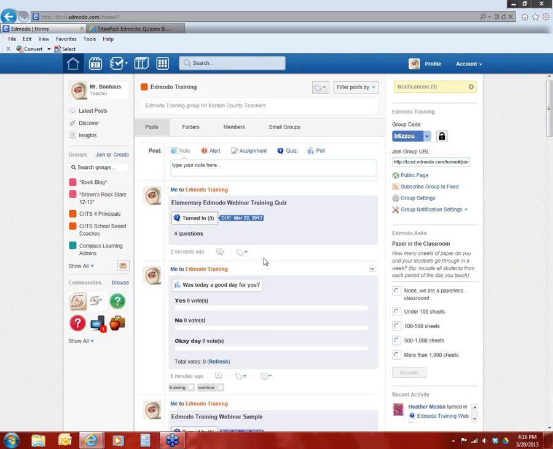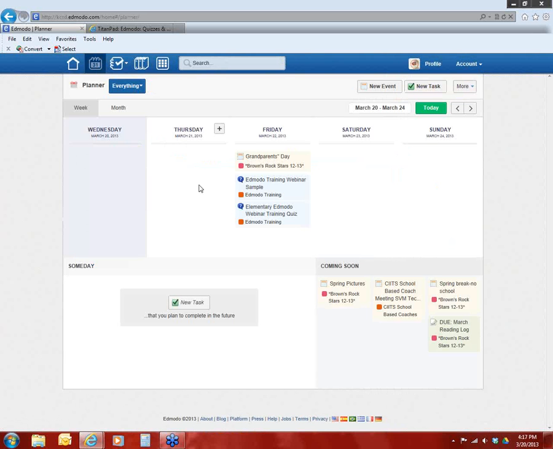Now the other piece to that for the kids, and I just noticed today, apparently they released an updated version today, because I noticed some chat on Twitter about things being funny with Edmodo. Kind of figures they would do it on the day I'm doing a webinar. But this no longer is called the calendar, it's called the planner. And you'll see the question mark here. There is a quiz due on Friday, March 22nd,